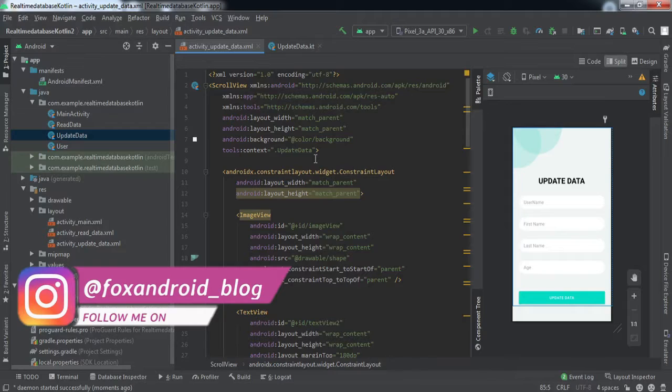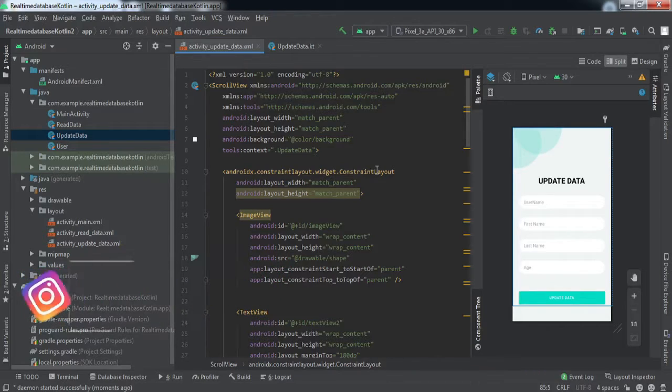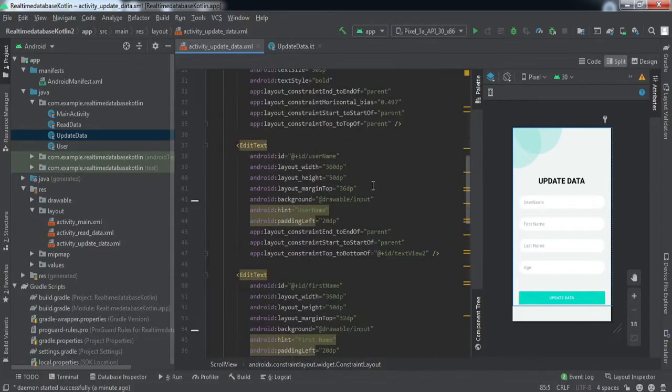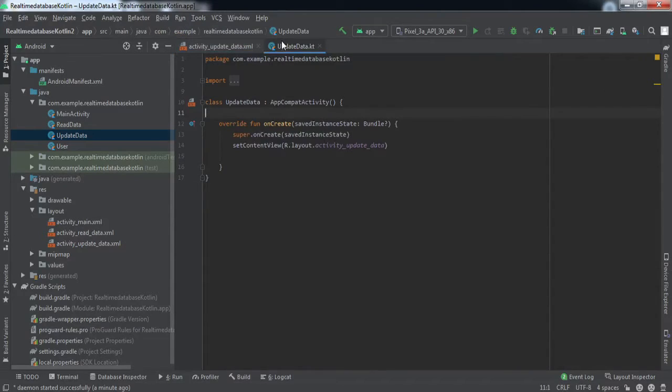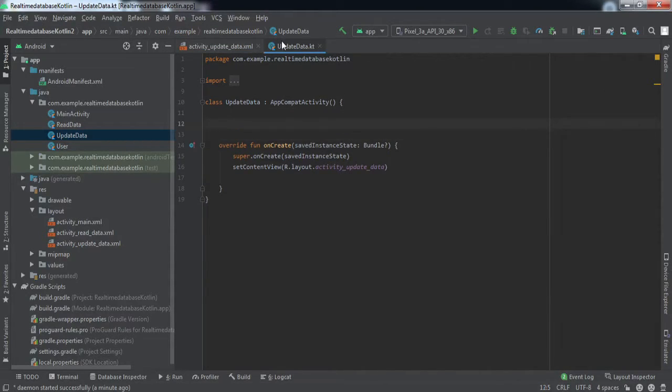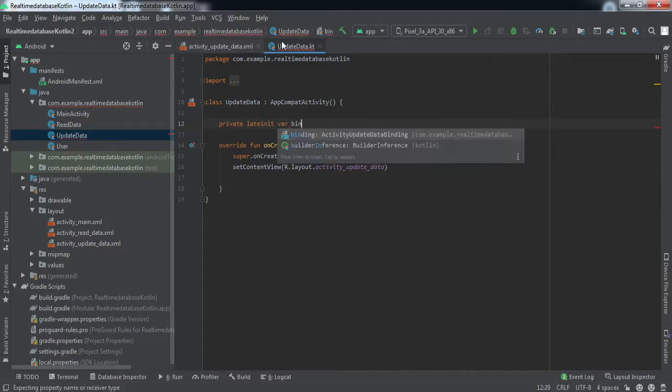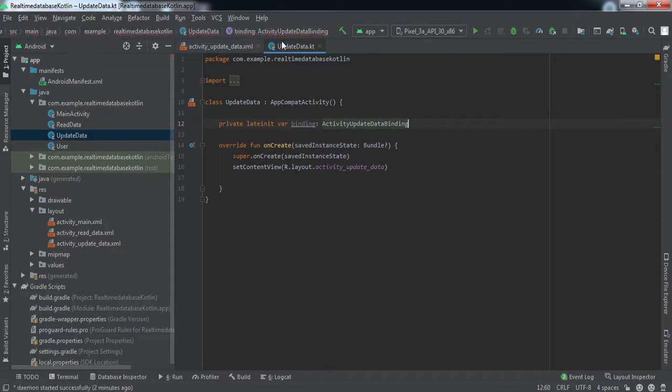Here you can see I've already designed this update data screen, right? So we're not going to discuss this designing part. We'll directly dive into the backend code, and I'll just skip those things which we have already discussed in the last videos. So make sure that you check out those videos by clicking on this I button. But in case you have a basic idea of how things work in Kotlin, you can stick around and watch this video, and you can skip the last two videos.